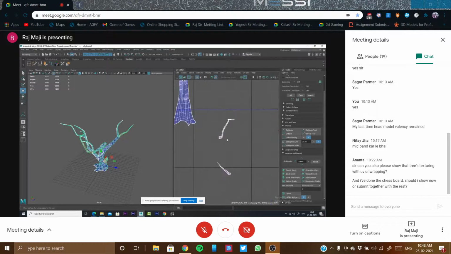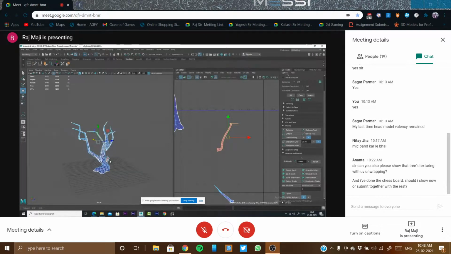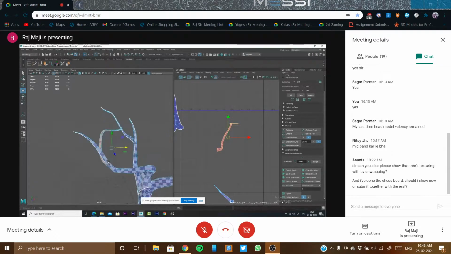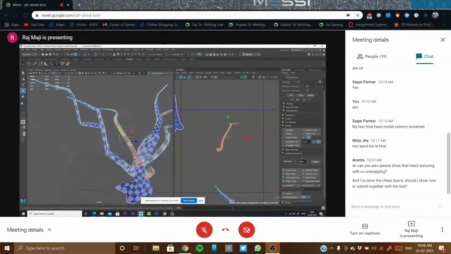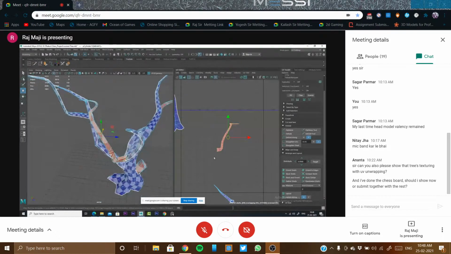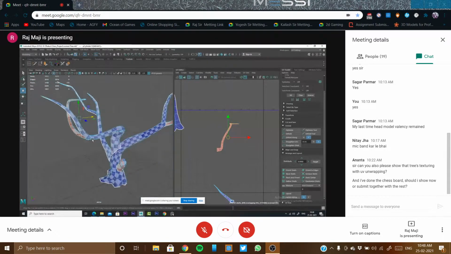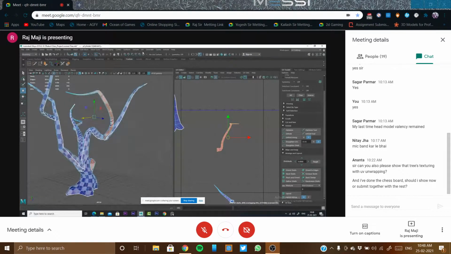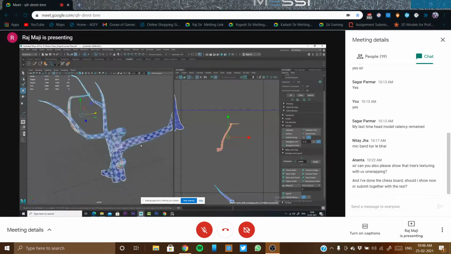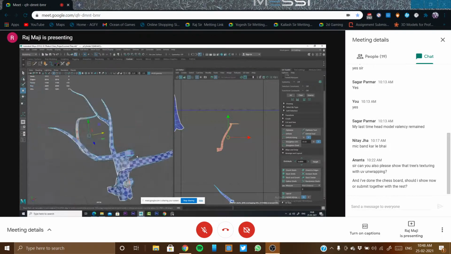Now let's take this one, which we didn't do anything with. First we did a planar mapping, and then by using the 3D cut tool I separated all the small branches.